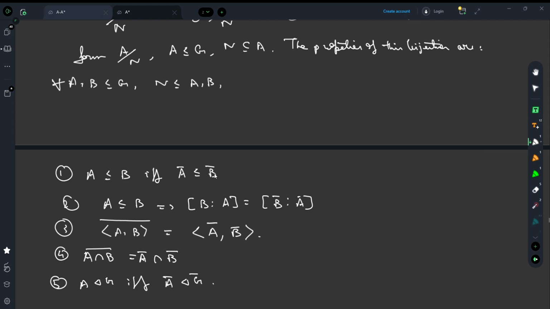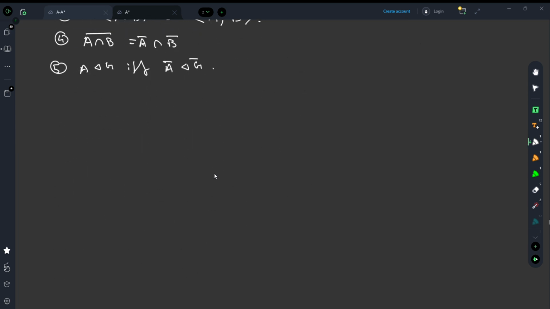Clear? So you can try and prove this on your own. There's nothing too difficult in it. You just follow the definitions of each of these structures. What's important here is how we can read all the subgroups of a quotient group using the lattice of the group. Example: